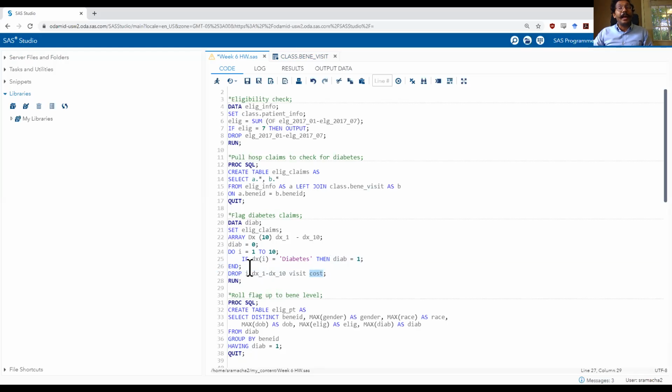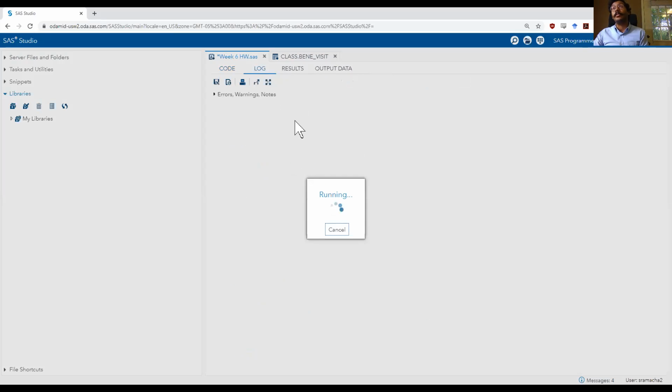The other thing that I am not doing in this data step, and this is important, is that I am actually not deleting any rows which don't have diabetes. So one thing you may have done is written an if statement saying if diab equals 0, then delete those rows. I am not deleting those rows right now. I'm going to hold on to them, and I will work through that step later in the code.